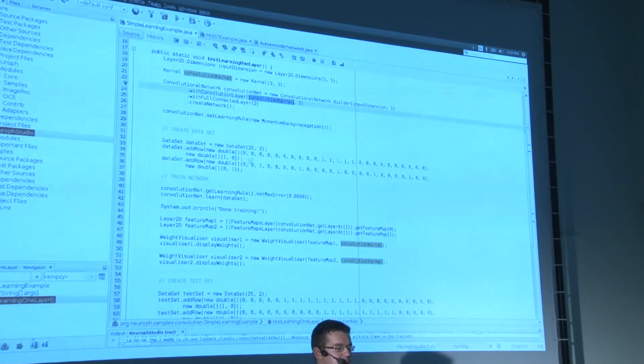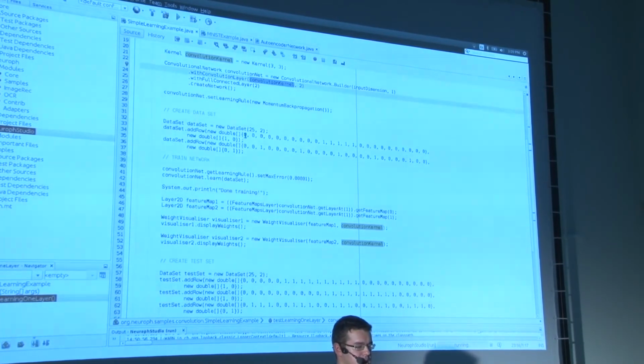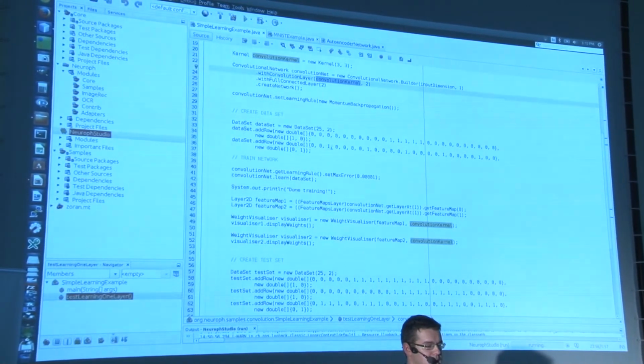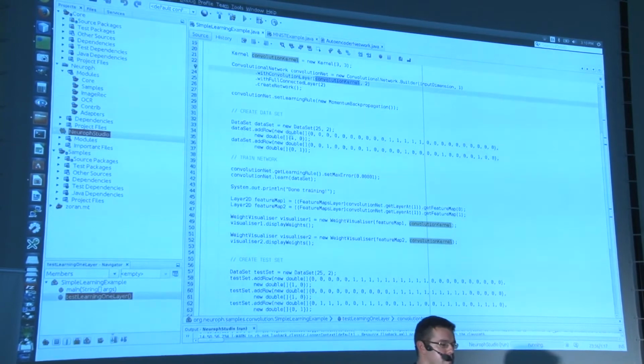So let's say we want to detect 2 types of objects on the image. This is a very, very simple data set, which specifies one line in the middle. See, these are all zeros, then these are ones and zeros, and the other one has some kind of different pattern. We are creating the data set manually here, just for demonstration purposes.